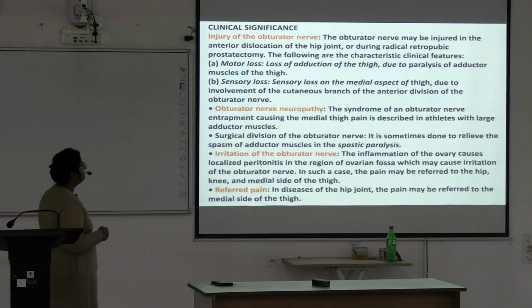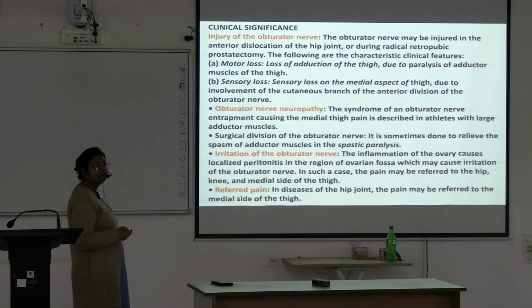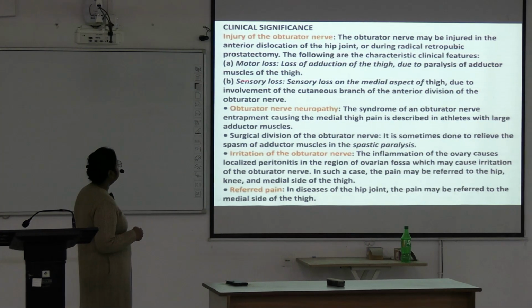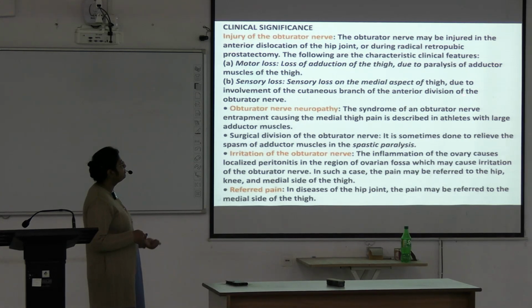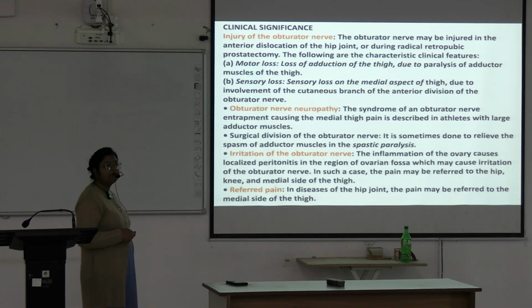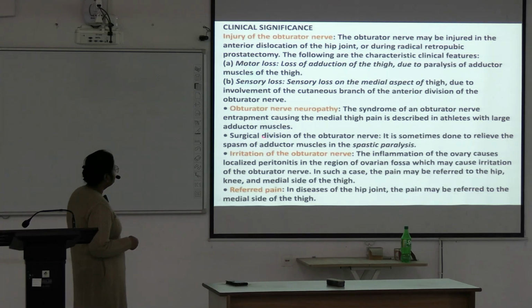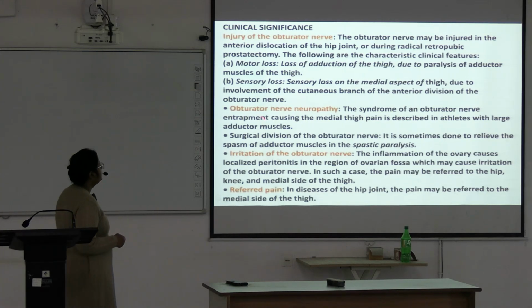There will be motor loss, loss of adduction of the thigh due to paralysis of the adductor muscles of the thigh. Sensory loss on the medial aspect of the thigh due to involvement of the cutaneous branch of the anterior division of the obturator nerve. Obturator nerve neuropathy: this syndrome of obturator nerve entrapment causing medial thigh pain is described in athletes